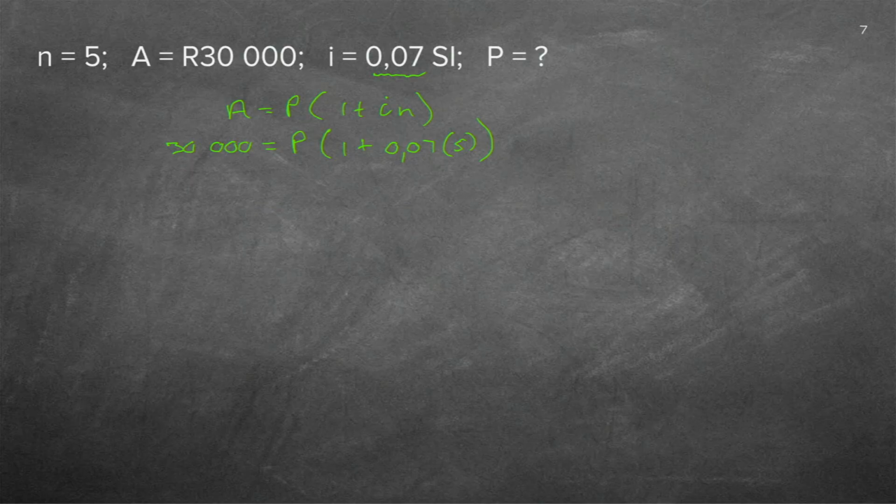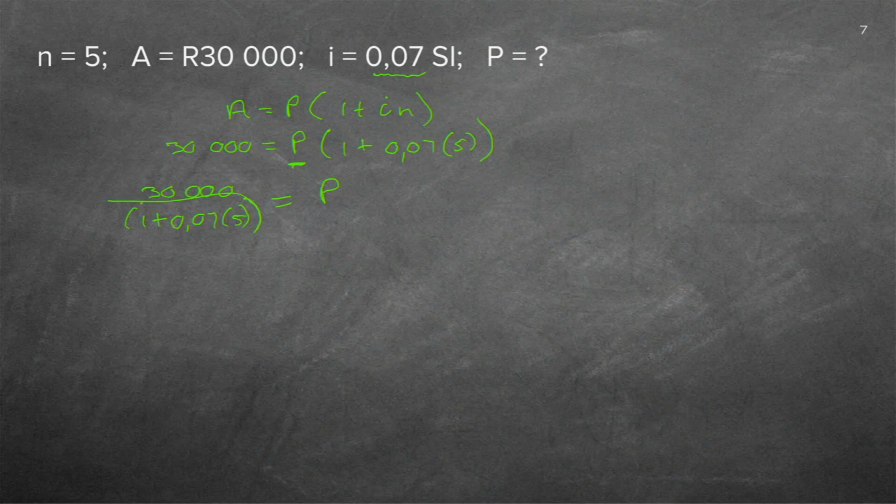And now I need to get the P all alone. And this you learned in grade 8 already. And you practiced it a lot. How to make something else the subject of the formula. So I'm going to rearrange this formula. If you want this P all alone, there's a bracket that's being multiplied with the P. We need to do inverse working. So if it's multiply, I need to do the reverse, which is divide. So if I divide the right-hand side with a whole big fat bracket, I need to immediately, not in the next step, immediately divide the left-hand side as well.